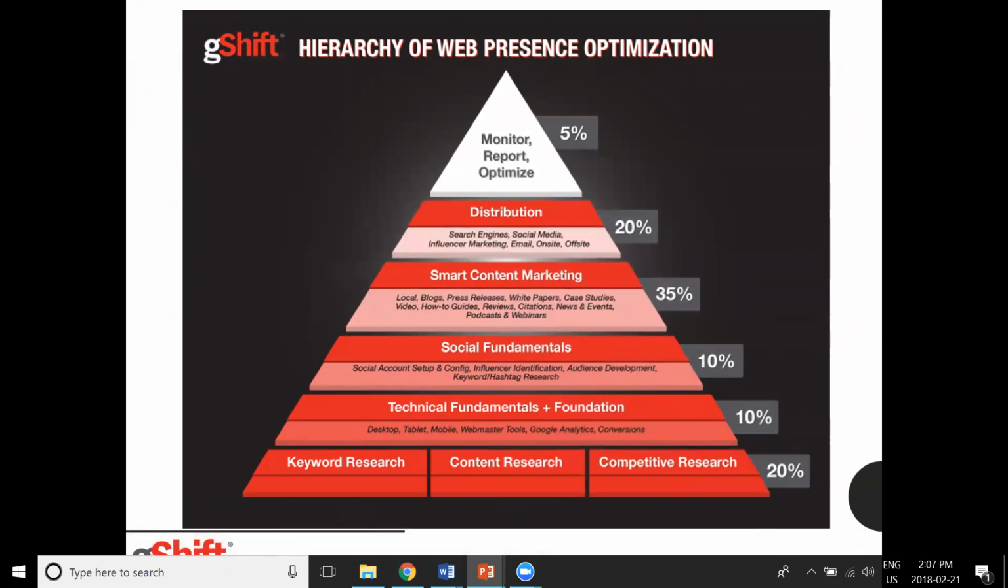that you put into your web presence and your digital marketing efforts. Now, we've discussed the keyword research and the competitive research already, which is fantastic. Then you get to the technical fundamentals of foundation, which is basically your on-site SEO to make sure you've got your desktop, tablet, and mobile all functional for user experience, as well as making sure you have Google Search Console, analytics, and conversion set up. The next thing you'll focus on is social fundamentals, so making sure you have your social accounts set up and configured. If you're doing influencer marketing, identify those influencers, develop your audience, as well as some keyword and hashtag research